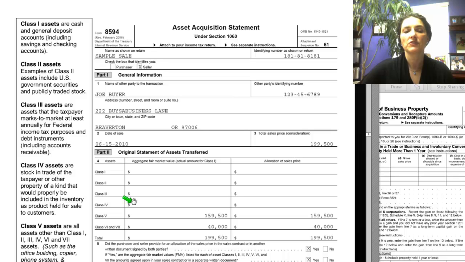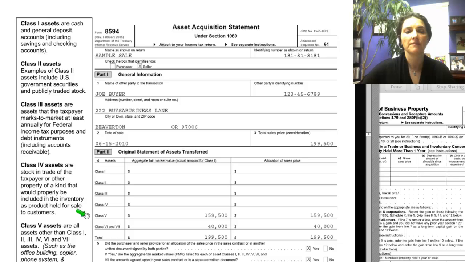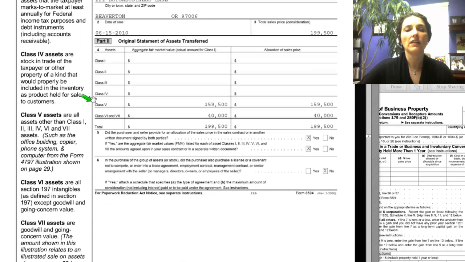But we don't have inventory as a part of this sale, so the Class 4 line is blank. Class 5 assets are all assets that are not any other class of asset. And essentially, once you eliminate all the other classes of assets, you have the fixed assets of the business. Things like an office building, photocopier, phone system, and computer. And we're going to show you illustrations of those calculations for how we arrived at this number on page 29